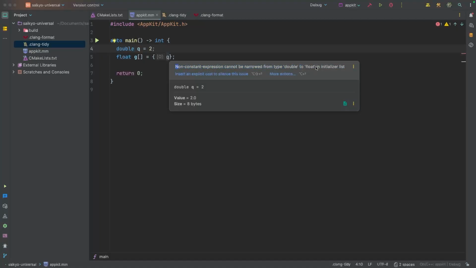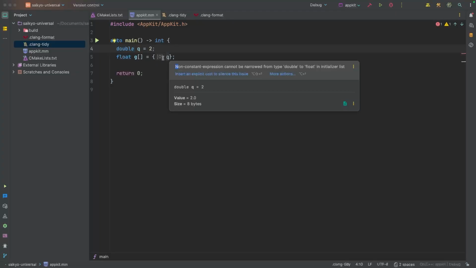So Clang Tidy is what's picking this up. Essentially, a double should be 8 bytes, and a float should be 4 bytes. So by initializing a float array with a double, you're narrowing the double to fit it inside of a float, and that can create